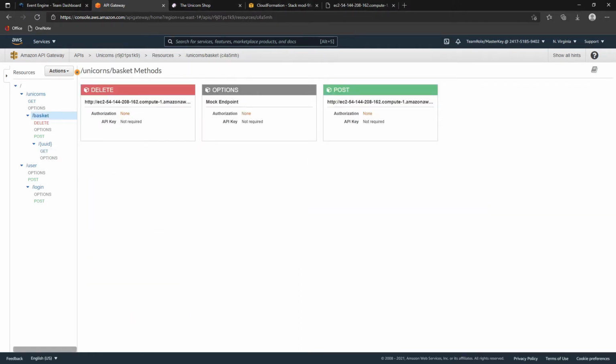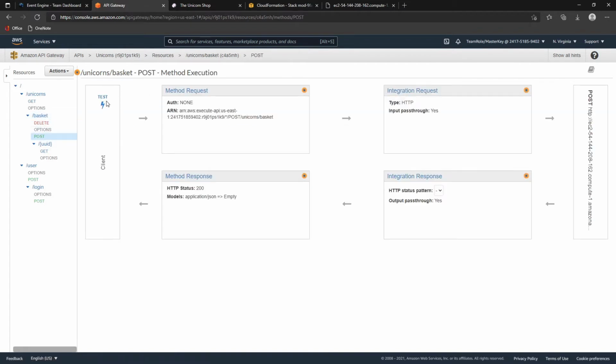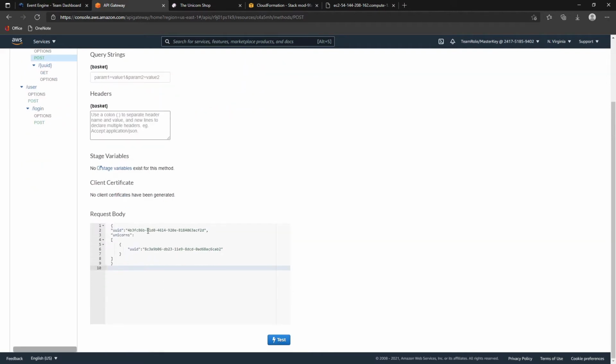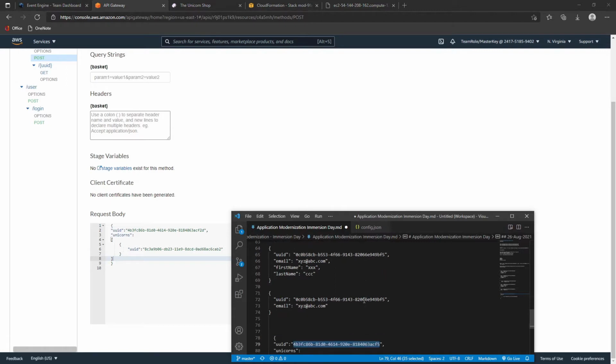Okay, if we want to properly test it, the post method under the basket resource, the payload format that you have, this is not random. This is the UUID of the user, and this is the item that you want to add to their basket. So let's do it properly this time. So let's say I have